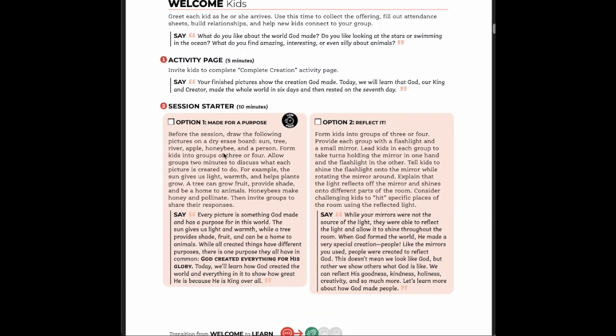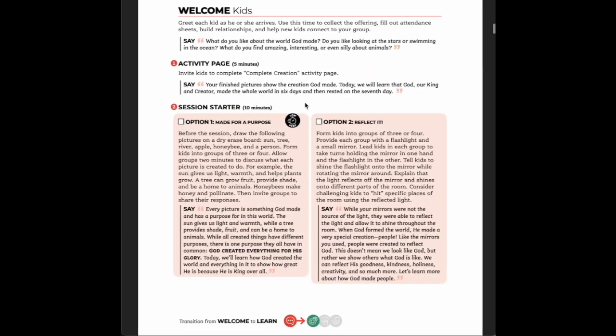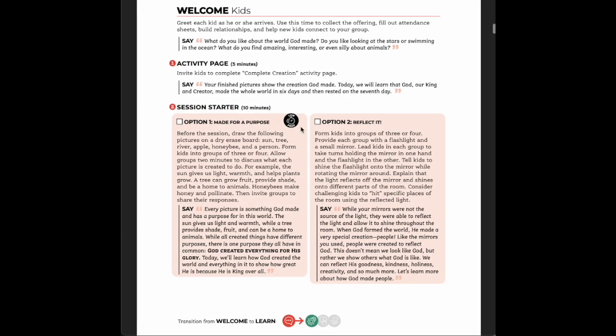But for the activities, it's usually in these boxes colored in, and they usually have one that's low prep, which means you don't have to prep many crafts or materials ahead of time. So if you don't think you will have enough materials to do a certain icebreaker or activity, there's always a low prep option for you. But always feel free to do both if you would like.